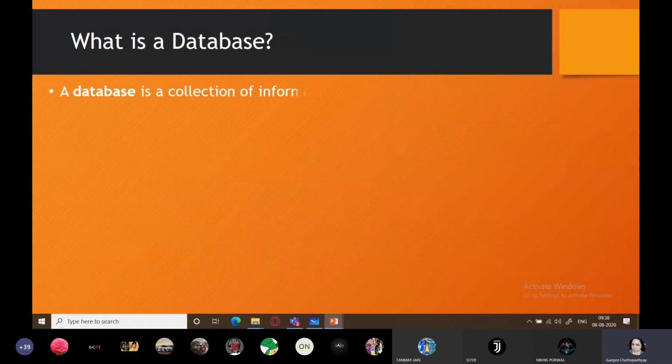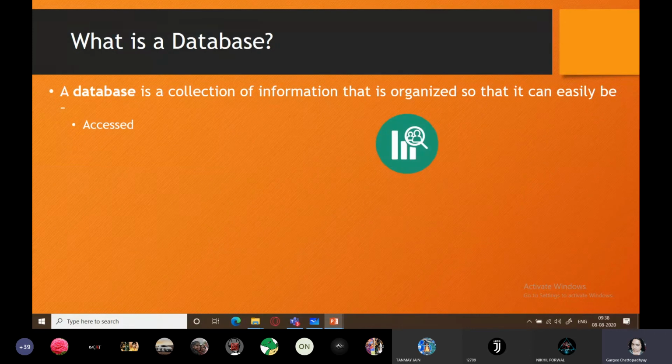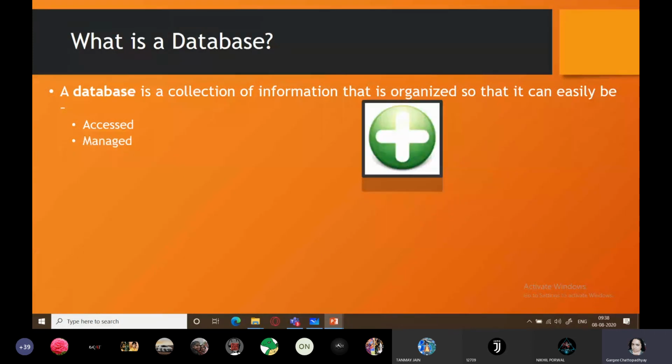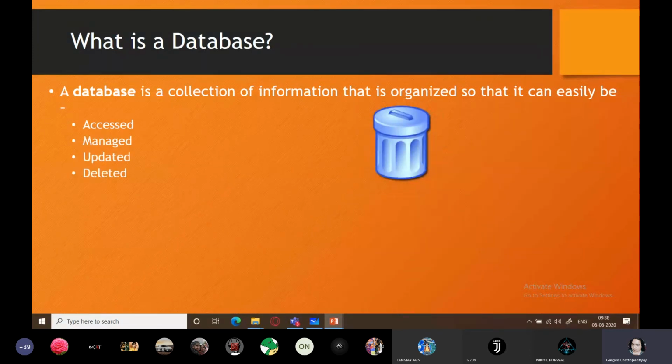So what is a database? It is a collection of information that is organized so that it can be easily accessed, managed, updated, deleted. Accessed means data retrieval whenever you want. Suppose the principal wants to know how many students were absent during the unit test. So how will the teachers find it out?